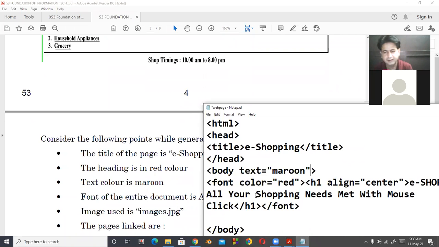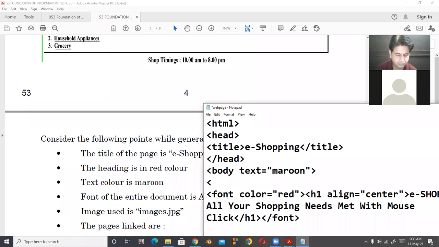So they are saying the font style. So I am again here taking font, or take basefont, face equal to Arial. Basefont is an empty tag, so no need to close that.